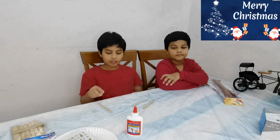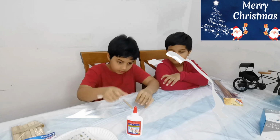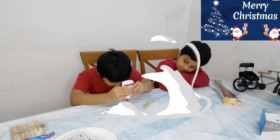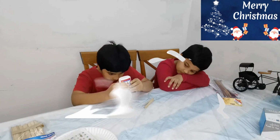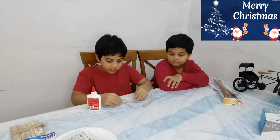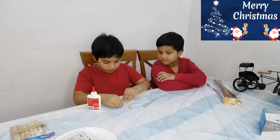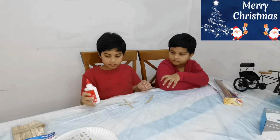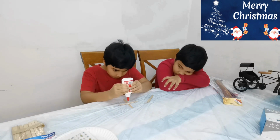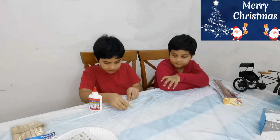Now let's get started. First we have to take one of the ice cream sticks and lay it vertically on the table, and then you have to put some glue right in the center, and then put another one. This time it should be horizontal, and again put glue in the middle, and then put it slanted like this,